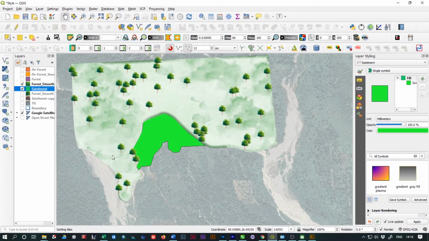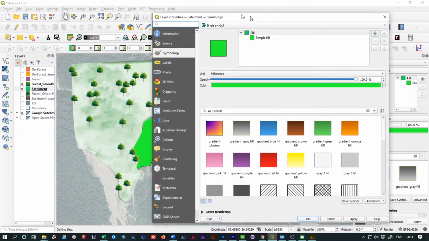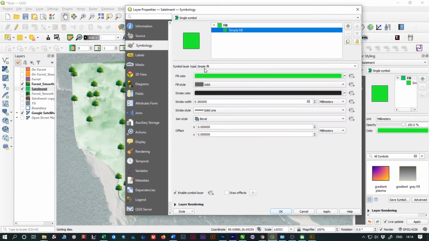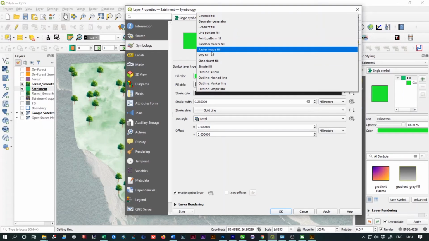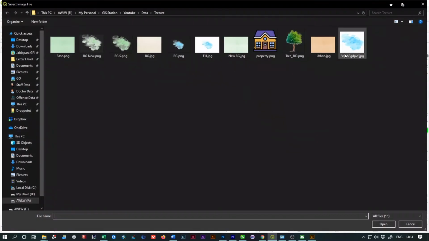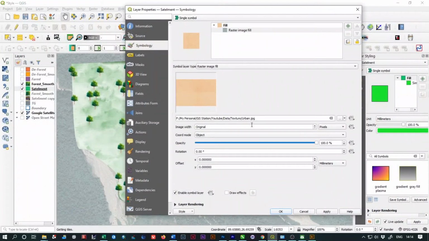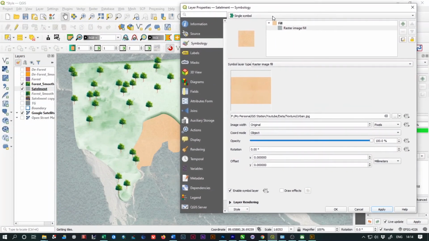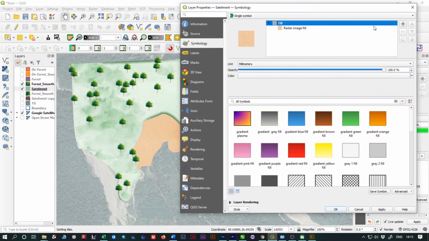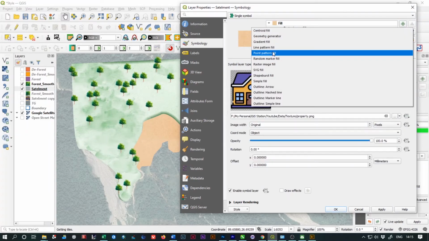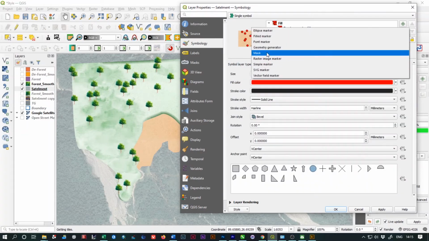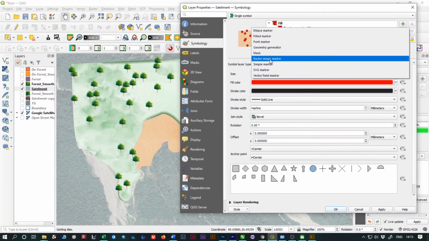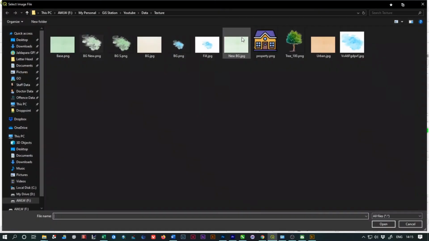Now open the layer styling panel, symbology panel, and click on the simple fill option and change the simple layer type from simple fill to raster image fill, and select the exported image. Press OK, press apply, and now add some effects, add some markers in the layer. I'm going to add another shape fill, set it as random fill marker, select simple marker, and from here raster image marker, and now select the house icon